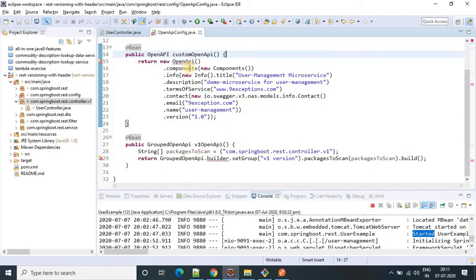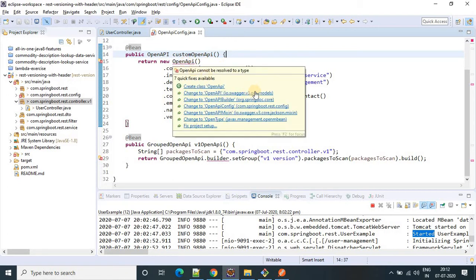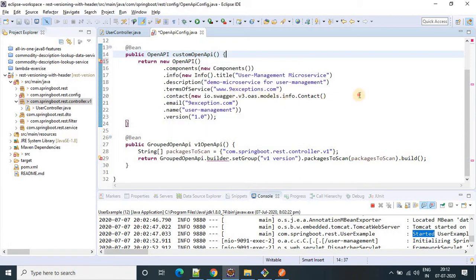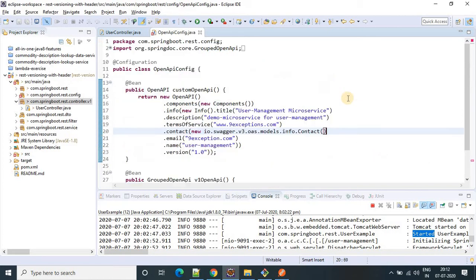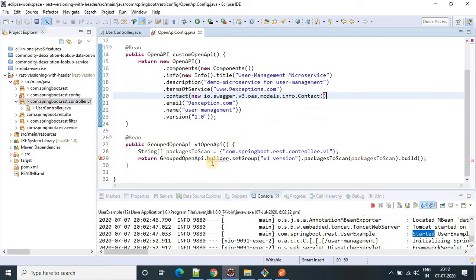Why am I getting this error? Return new OpenAPI. This is correct. What is the error? Okay, this got resolved. Now here I am getting an error on builder.